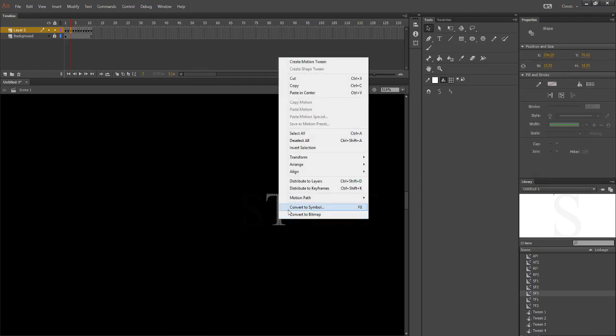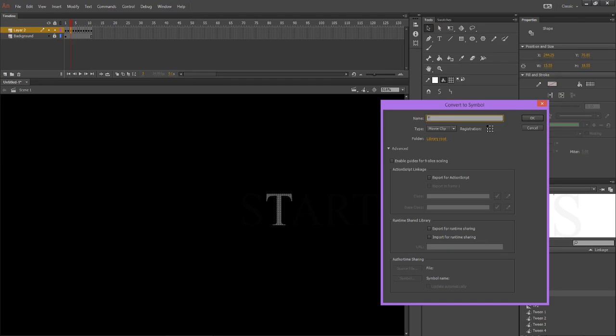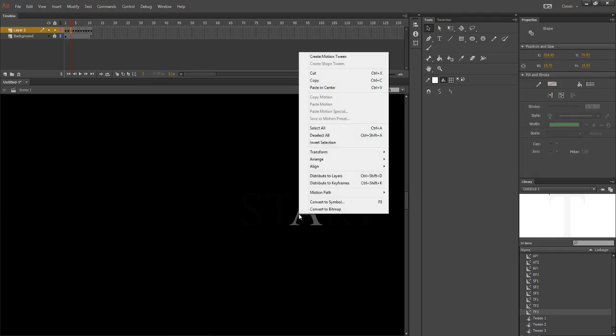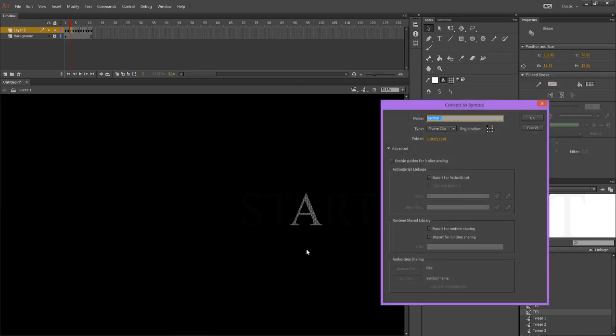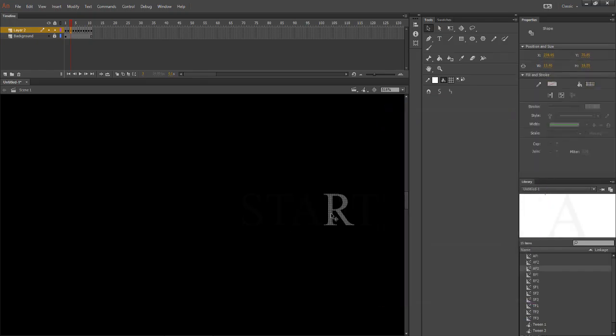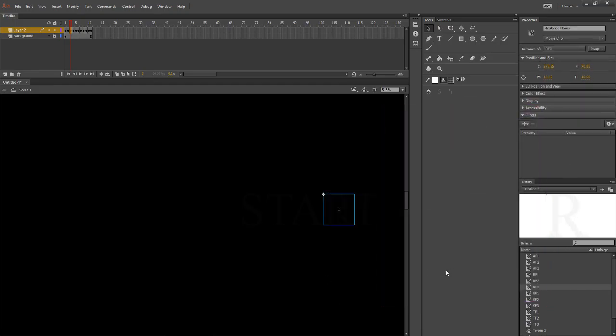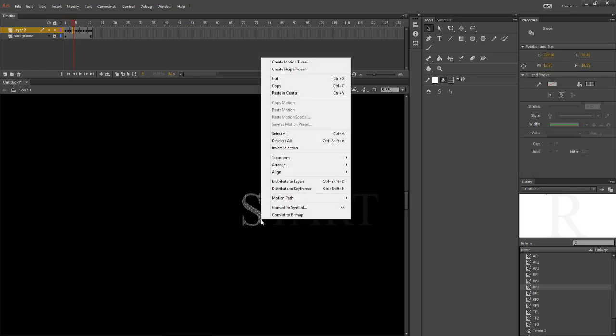Convert to symbol T. Frame 3. R frame 3. And 4.